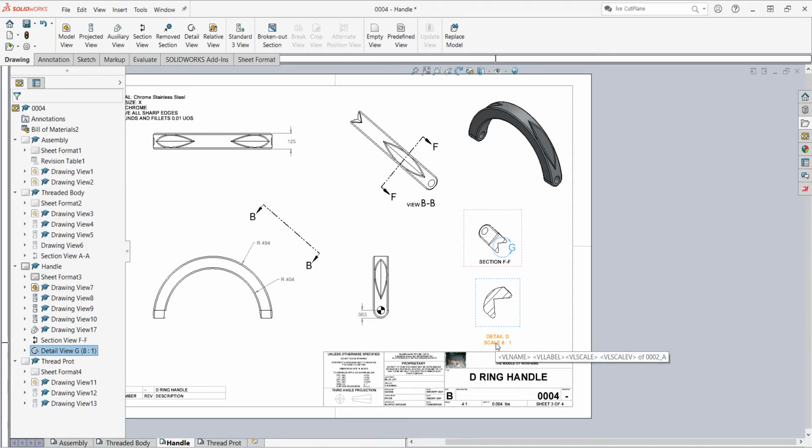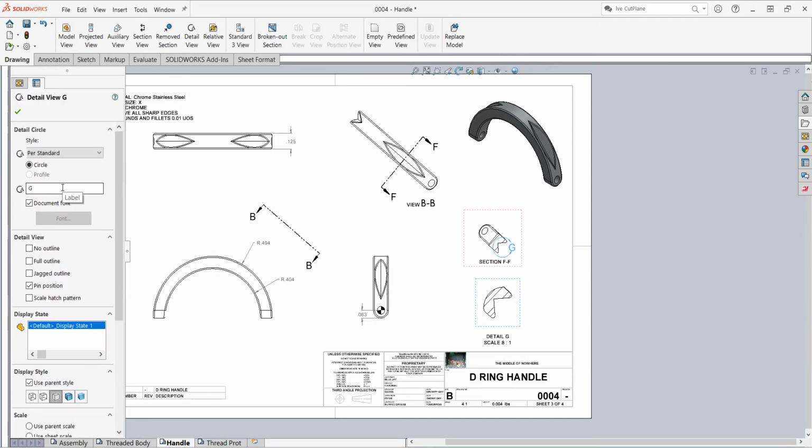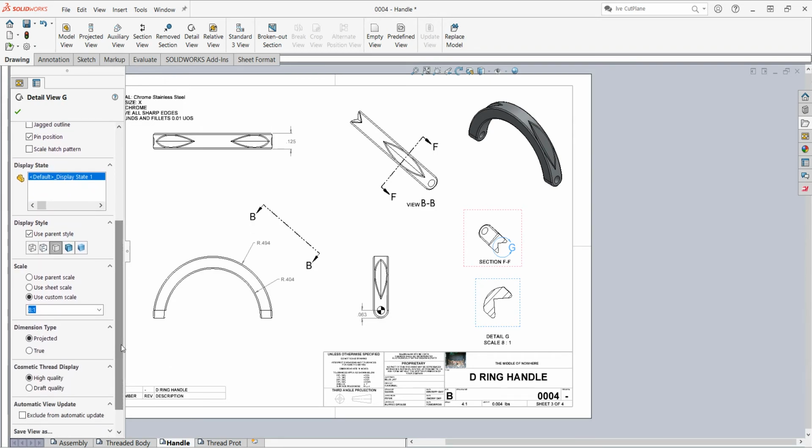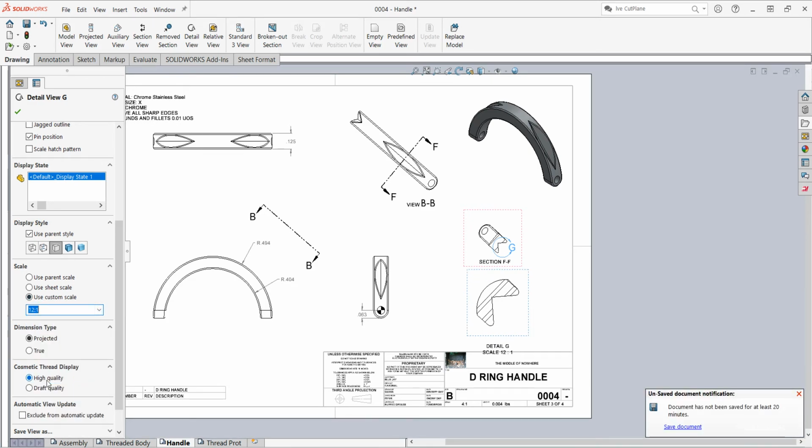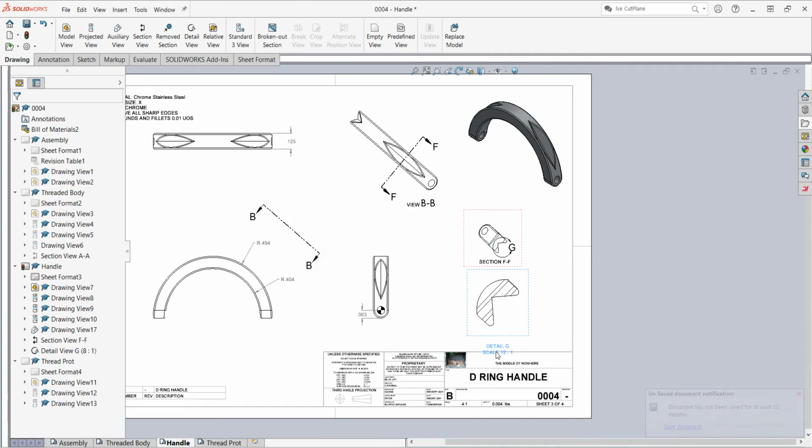And if I don't like this scale, if I would like it to be larger, I'll just select the view, and the view properties comes back, and I can scroll down and I can change the scale to whatever I feel is appropriate. So if I want it 12:1 rather than 8:1, I could choose that. And the view will update. I'll say OK, and I'll just fix this a bit, and I've created a detail view of this